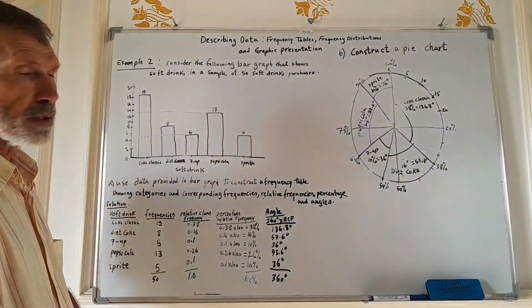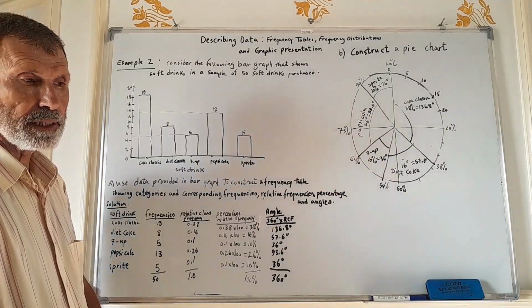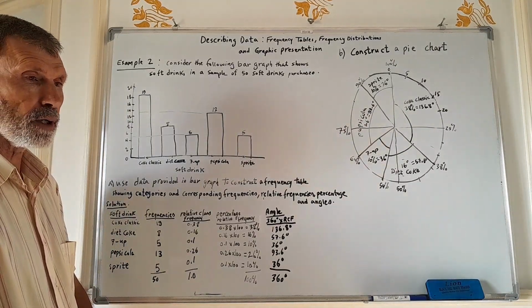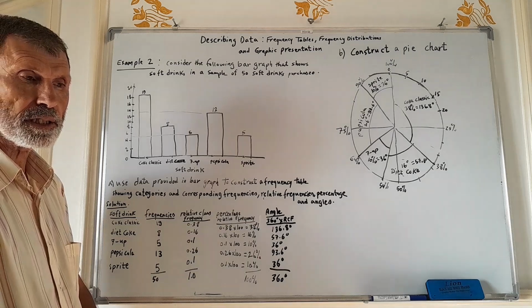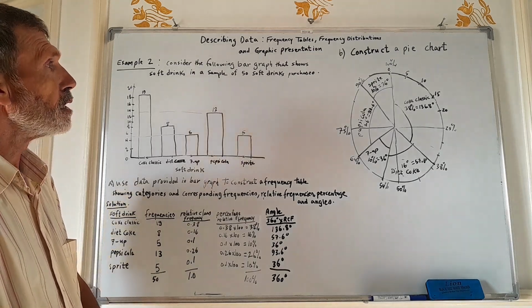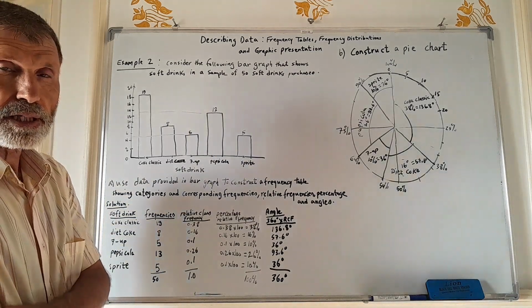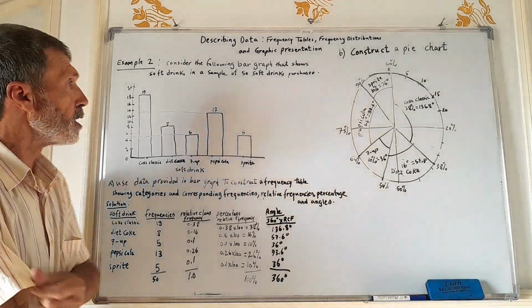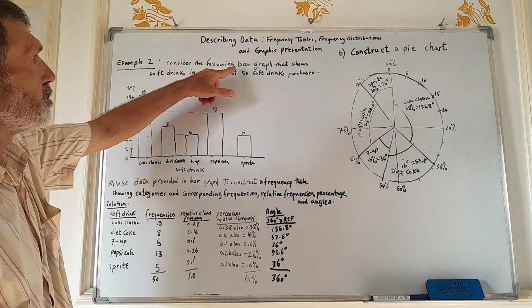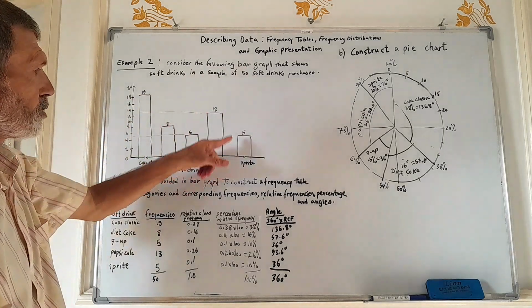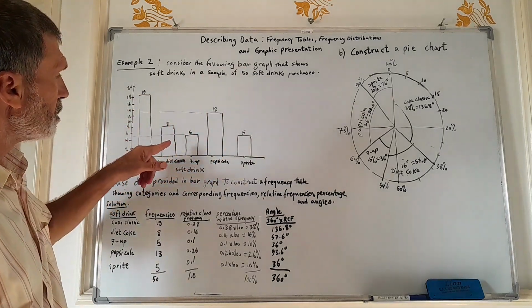Okay, now we move to example number 2. That is to apply the concepts of constructing a frequency table regarding qualitative data. Example 2 says, consider the following bar graph. This is the bar graph. As you can see, the bars